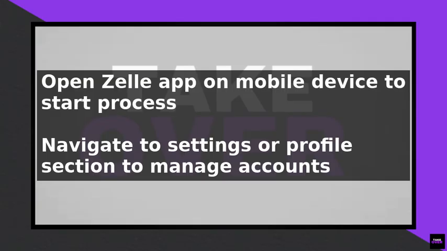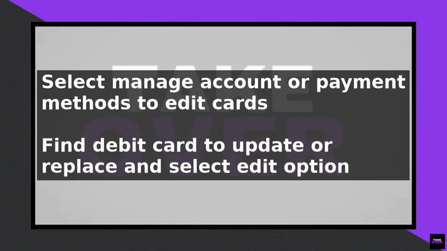If you want to update your debit card information, such as the expiration date, you can do so by selecting the Edit option. Enter the updated information and confirm the changes. If you want to replace your debit card with a new one, select the Remove option and then add a